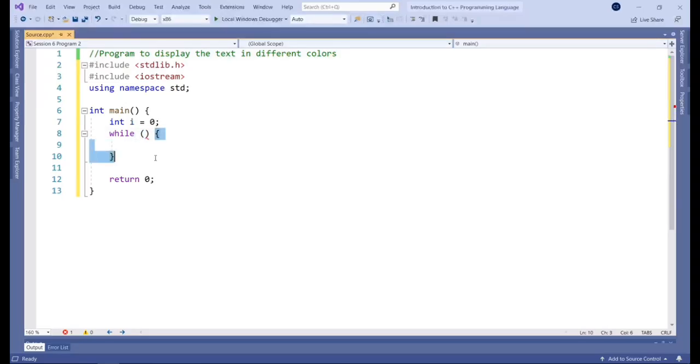It's kind of like an if statement that just repeats itself, essentially. And you can think of it that way. So for this, we need to specify the condition in here. In this case, let's say I is less than 20, right? And then we can specify the block of code that we want repeated within the body.